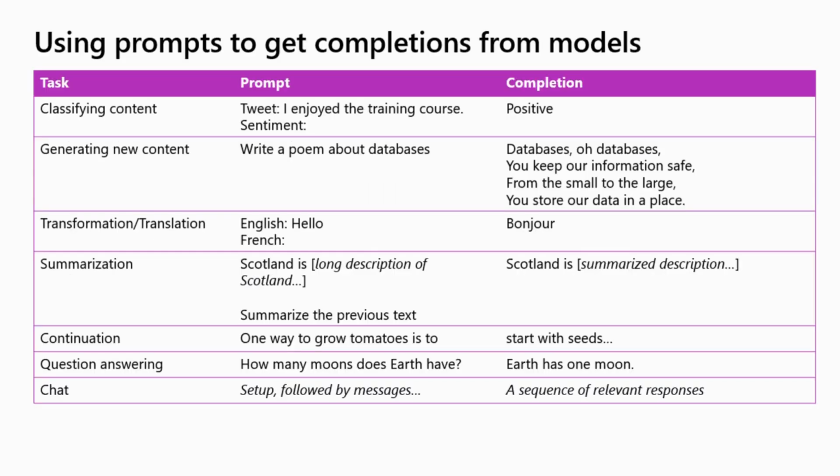The core way to interact with a model in Azure OpenAI is to provide a natural language prompt as input. Models then respond with a completion. The completion depends on a number of factors, including the text in the prompt, the way the prompt is presented, including any prompt engineering techniques applied, and the parameters that are set for the interaction, discussed on the next slide. This slide shows some examples of common types of tasks that you can accomplish with a generative model in Azure